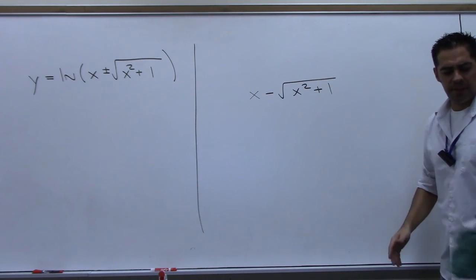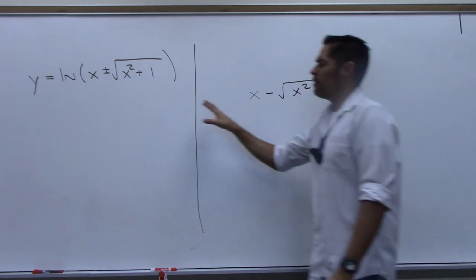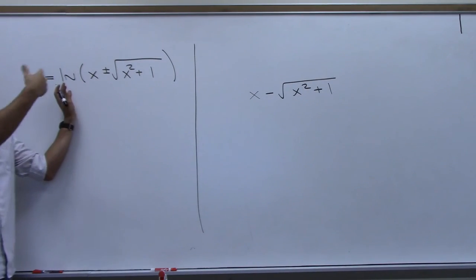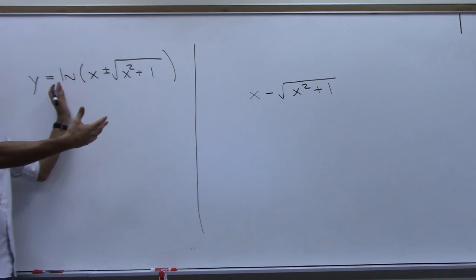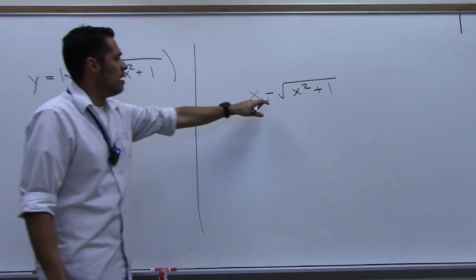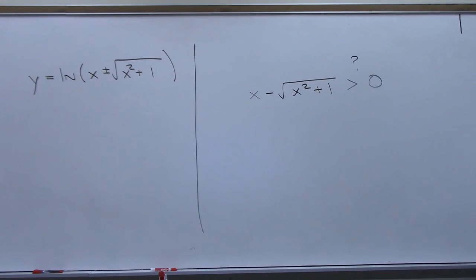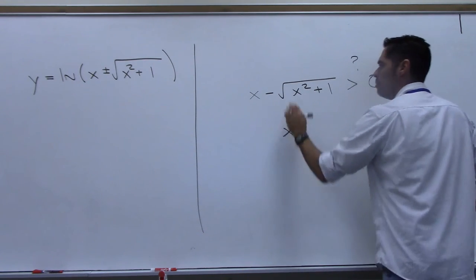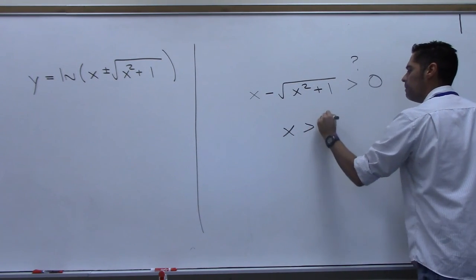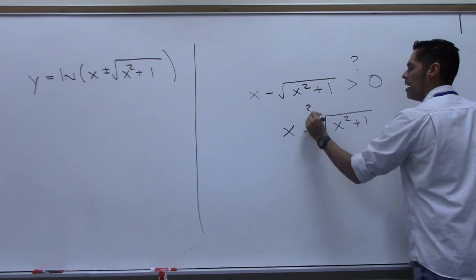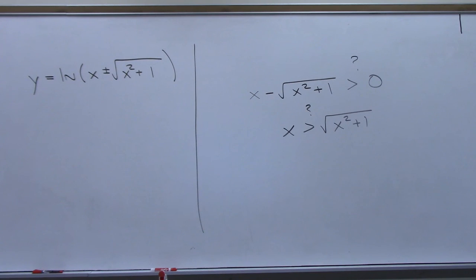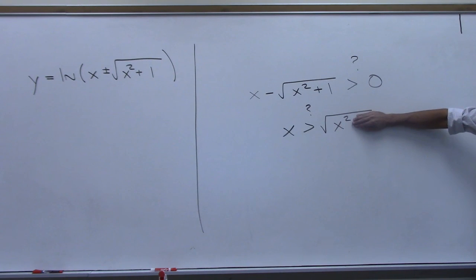I'd like to know about this thing right here. Remember, for natural logs, I have to be plugging in positive numbers, right? Or else I can't do the natural log. So when I look at this expression right here, my question is, is this positive or not? Well, in other words, move this negative part over. Is this true or not? What is the square root of x squared going to be? Just x, right? Okay, is x bigger than